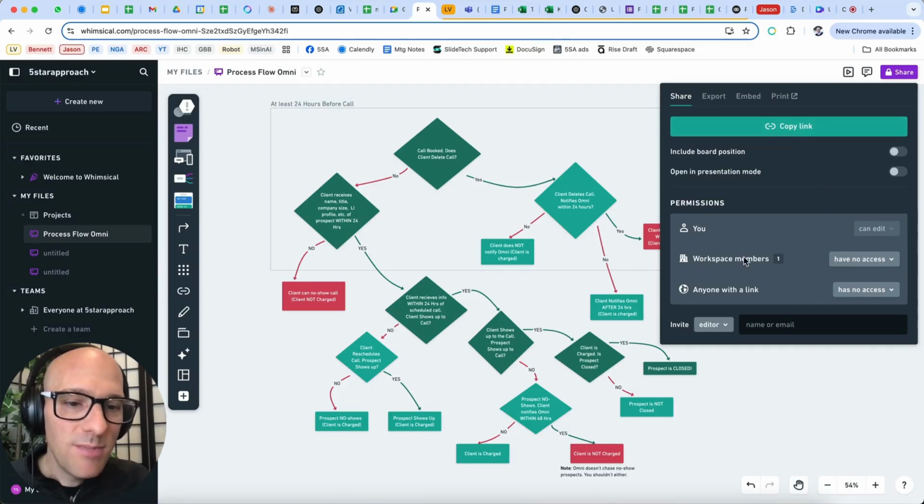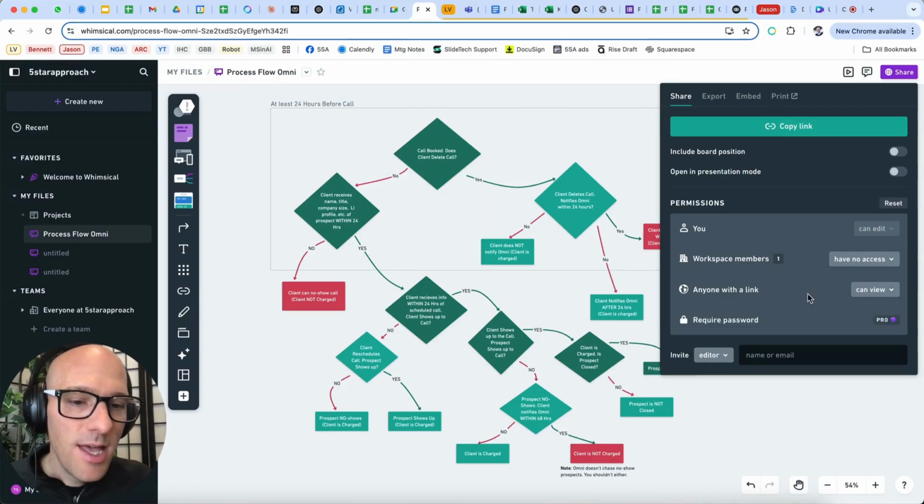And it says workspace members have no access, anyone with the link. So before you copy this link, make sure that anyone can view. And then password required. Do I want to include a password? I don't. If I did, I could use the pro version. But now that anyone with the link can view, I'll copy this link and I'll include it in the YouTube